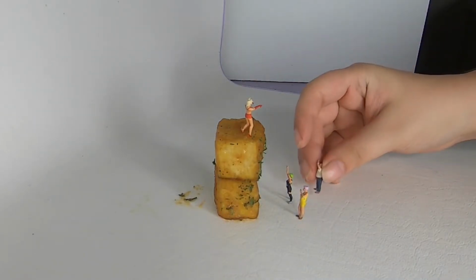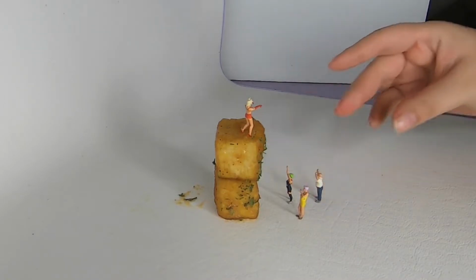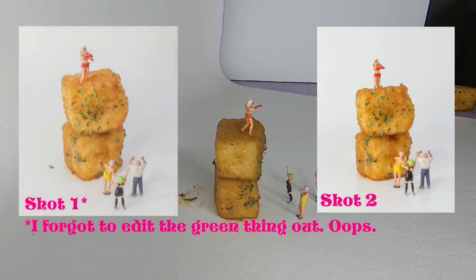Also, I don't have enough figures. Ideally, to make this set work a little more naturally, I would need to have a much bigger audience that she can be pointing out to. But because of A, I don't have that many audience member figures, but also B, I would need a lot of setup for that, and it would not be worth it, honestly. That would take a lot of time, a lot of figures, a lot of setup. And I really like my photos to be a little more simple than that, because these figures are meant to be used in